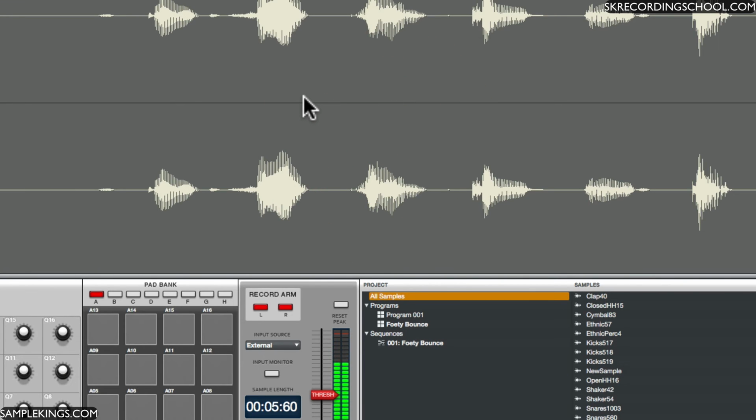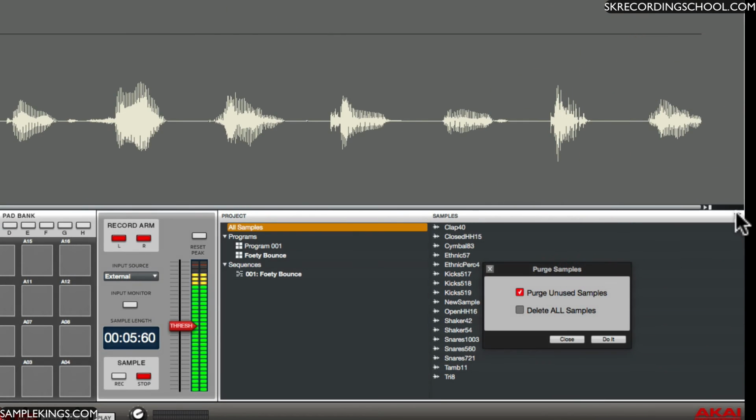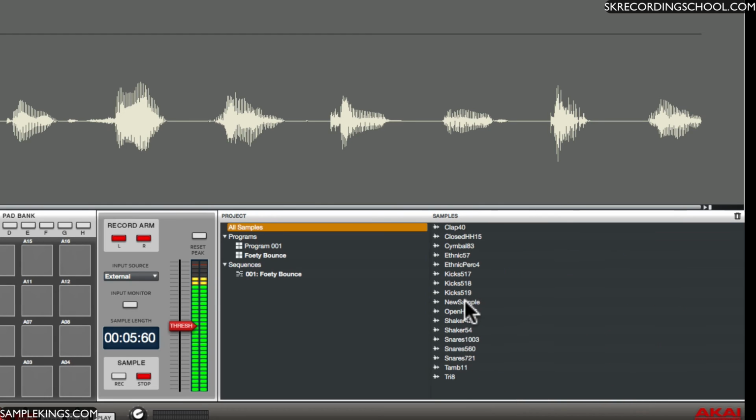Now if I don't like this sample, I say, well, you know, we don't like it all that much. I can always go back here, where the garbage can is at, and I can purge unused samples. See it right there? But let's close this out. You'll notice the sample's right here. You'll see it says there,